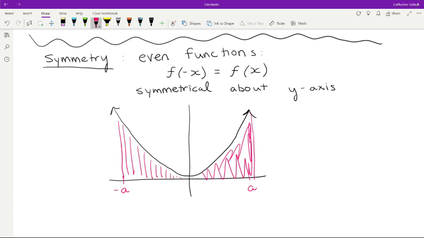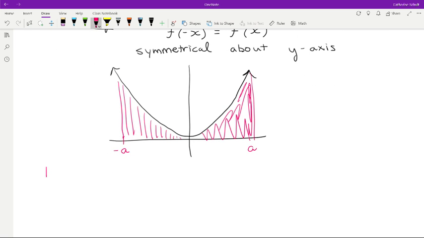So what we have when a function is even, then when we take the integral from -a to a of that function, remember that's the area under the curve,